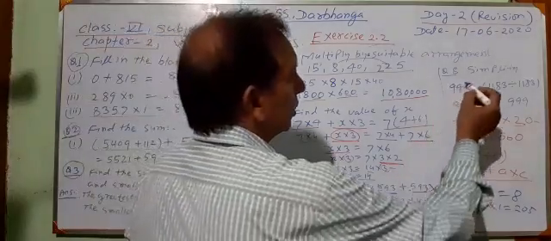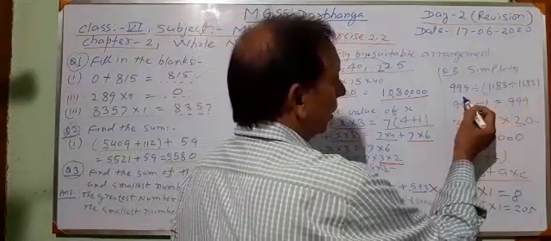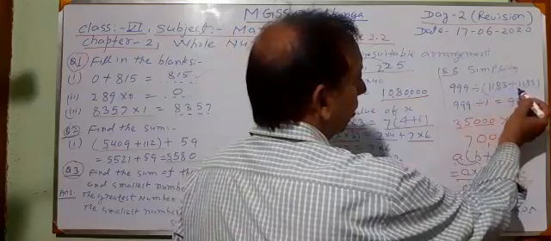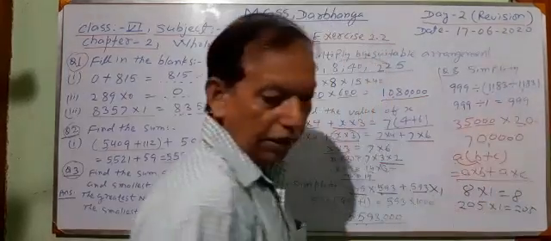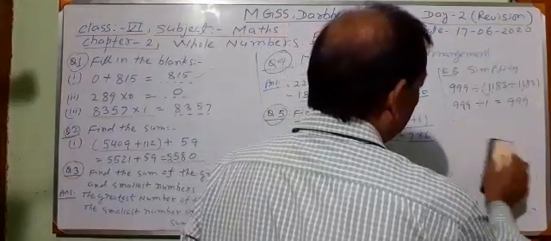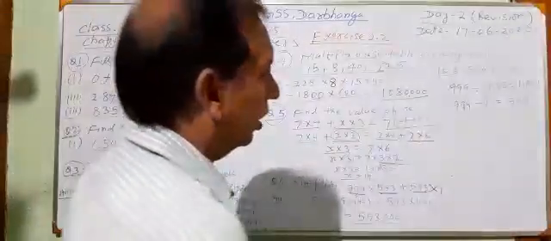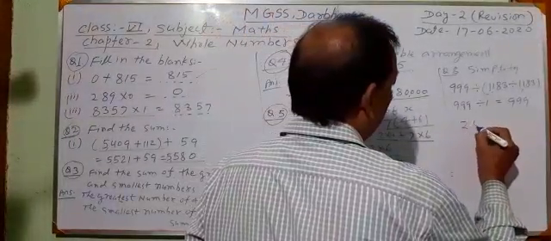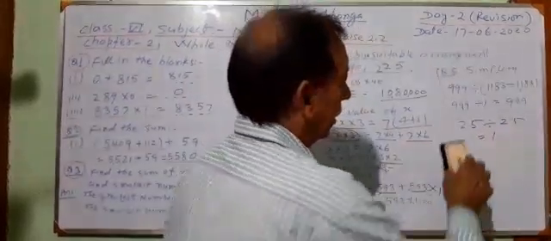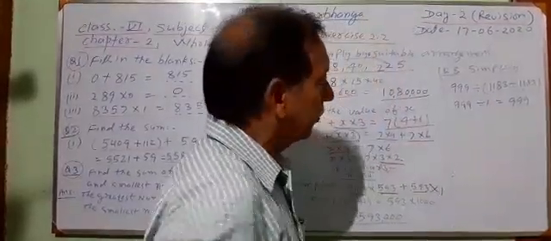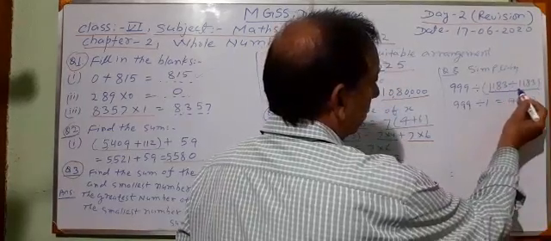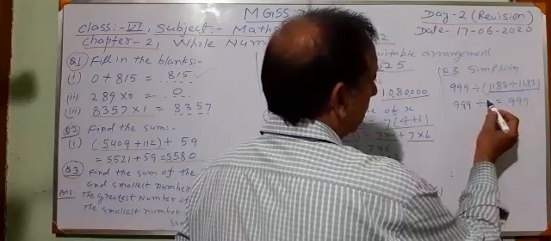There is one last question. Question number 8. This is simplify. Simplify 999 divided by, in bracket, 1183 divided by 1183. Here what we are seeing, if any number is divided by the same number, by itself, the quotient is 1. If we divide 25 divided by 25, this is equal to 1. In the same way, here this will be equal to 1. 1183 divided by 1183. This is equal to 1.